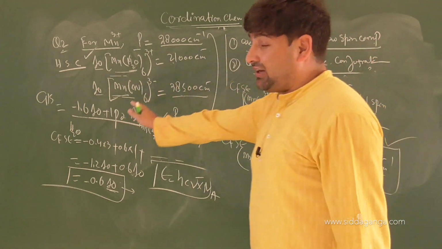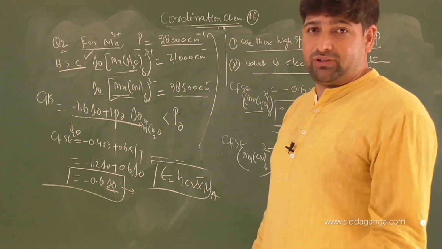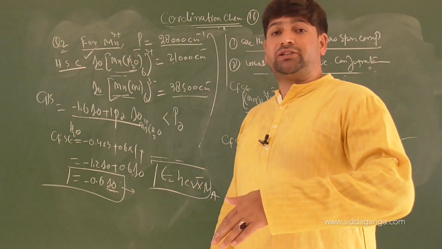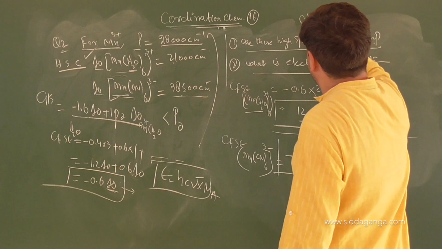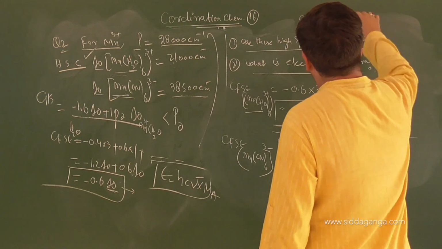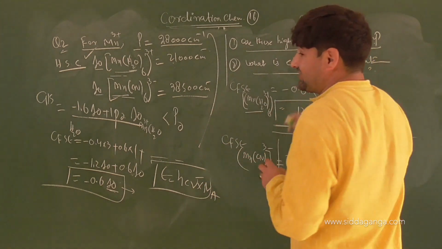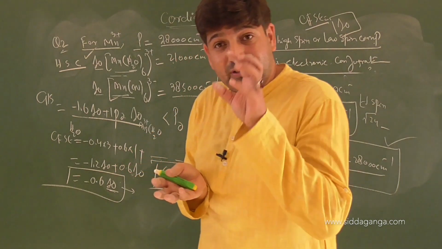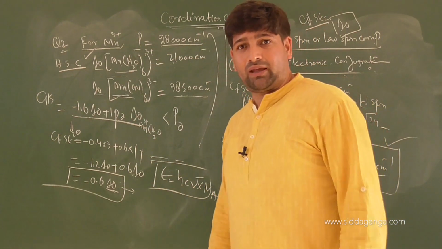You can relate this to the question I showed you a while earlier, the CFSE calculation for calculating pairing energy, right? If CFSE is given, delta 0, the crystal field splitting energy, is given. Keep it in mind: when I am calculating CFSE and writing delta 0, delta 0 is the amount of energy difference between the two sets, the t2g and eg sets, and CFSE is by what amount of the total crystal field splitting energy the system becomes stable by getting electrons in the t2g set, or destabilized by going in the eg set. Am I clear with the thought?